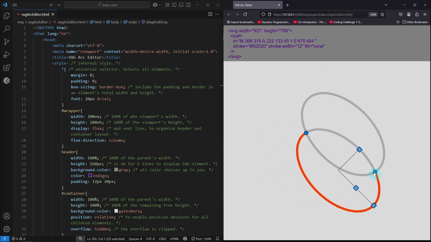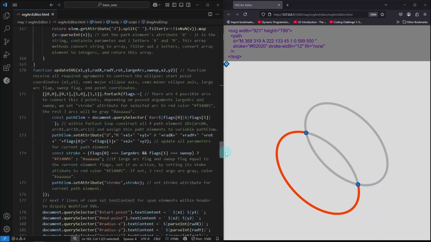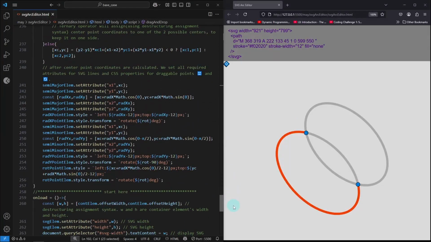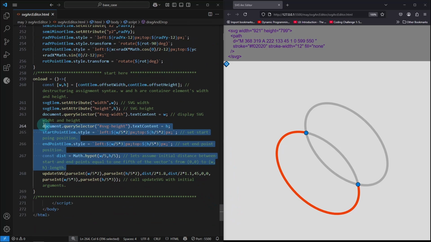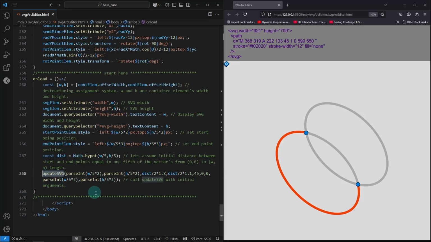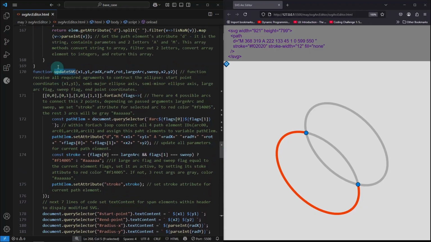Now about the code. At the start, when the onload event is fired, we calculate all initial parameters needed to define the arc, depending on the viewport size. This is done by calling function updateSVG, line 170. That is this function, updateSVG. It accepts 9 parameters. They are all parameters needed to construct the arc, which is thus a segment of an